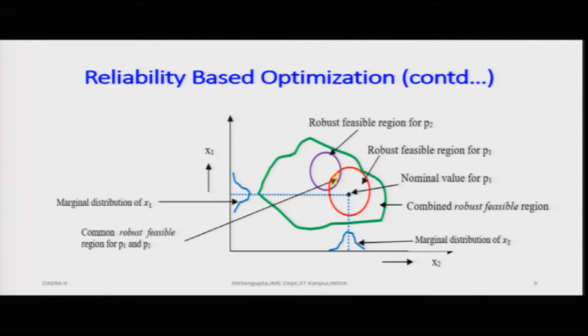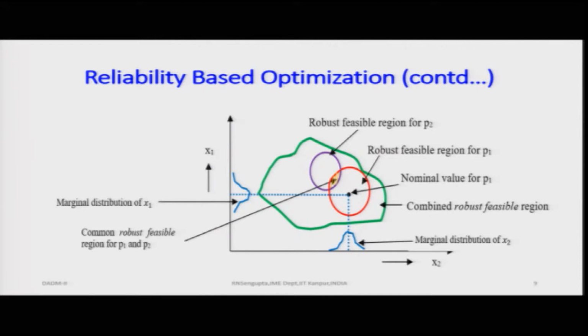Let me put it in this way. What you want to solve is to find out the areas based on the robust framework area and the reliability part. Again, I am considering the distributions in the very simplistic case to be normal. So, you will consider the robust feasible region for P2. P2 is basically the probabilistic external variable. There can be P1, P2, P3 and the vector is P.